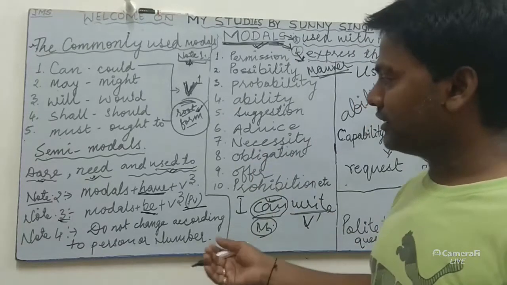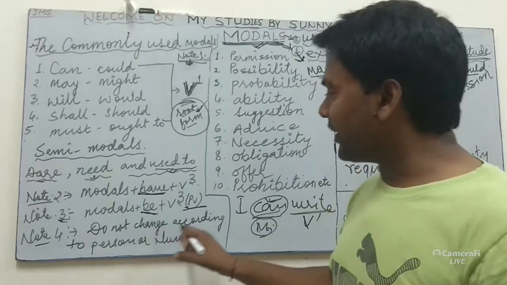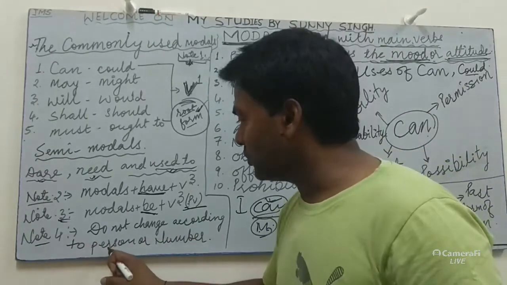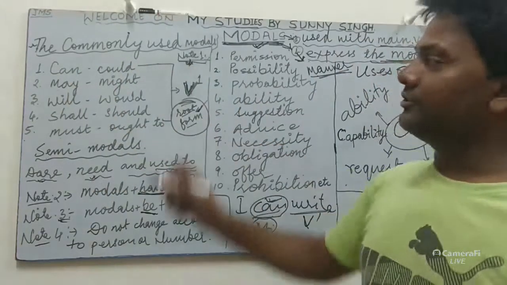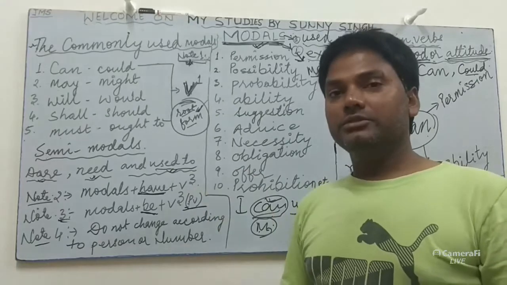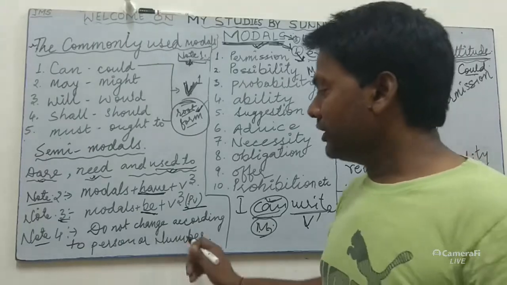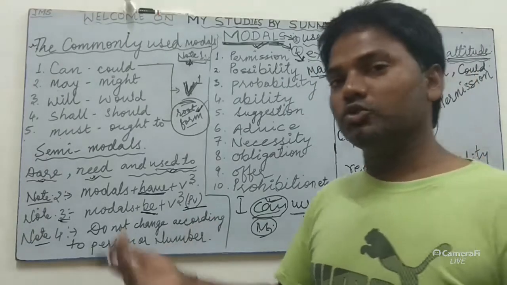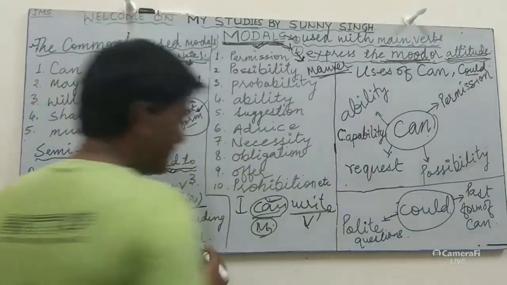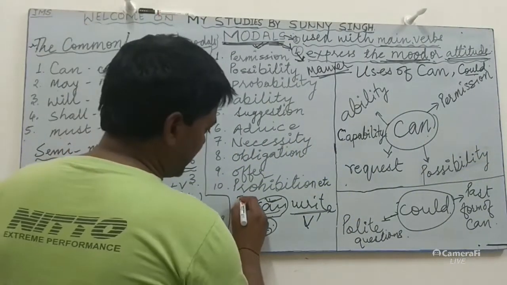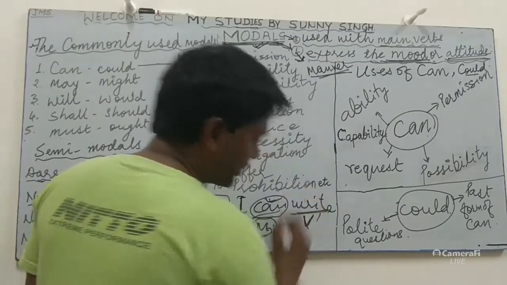Or like you can learn and remember. Guys, now the next note says: do not change according to person or number. Remember, these modal auxiliary verbs never, never change their form according to person or number, or you should say according to subject. Like you can say with the example, if I use the subject I and the verb write, then